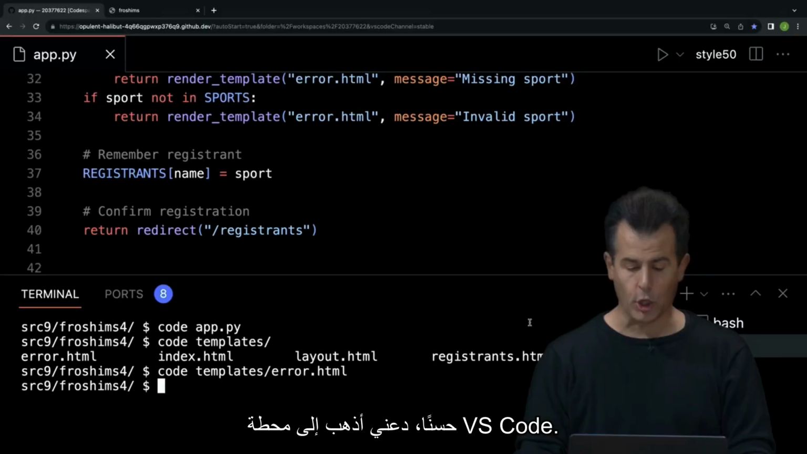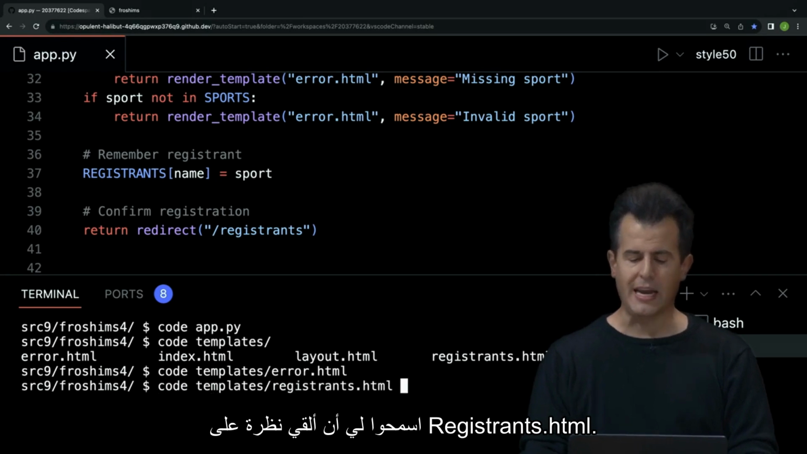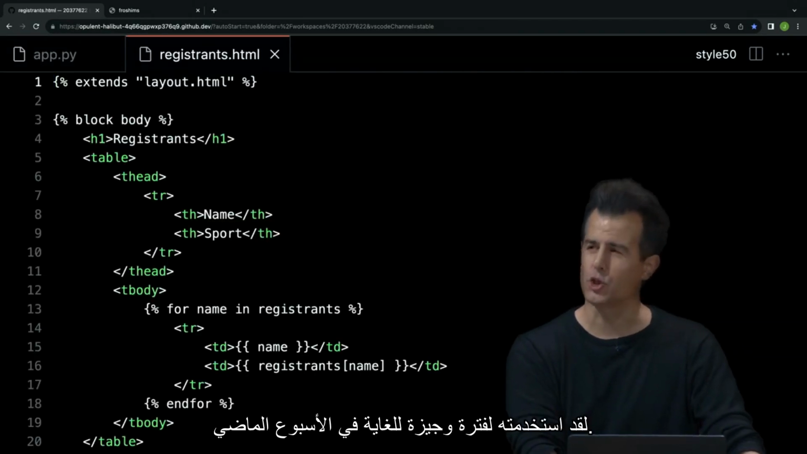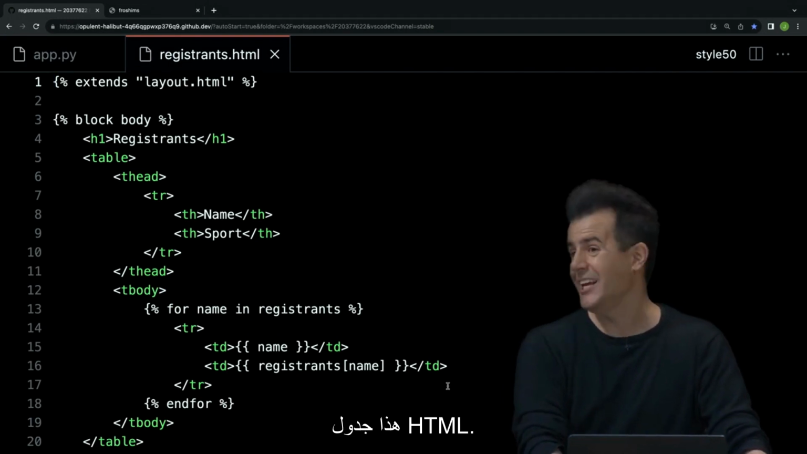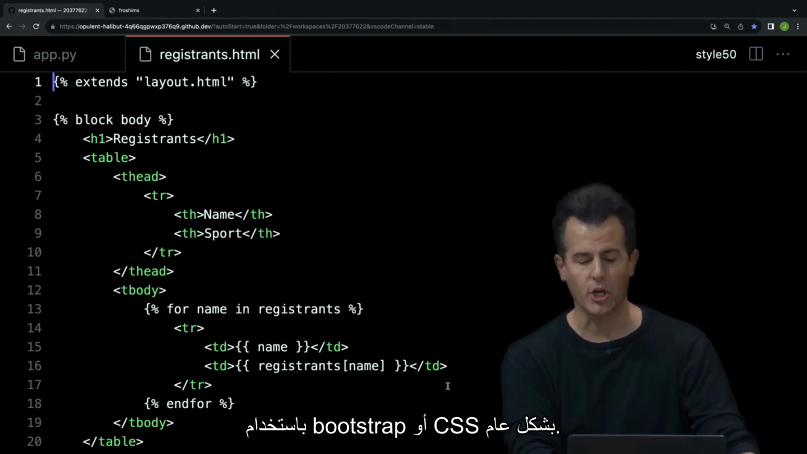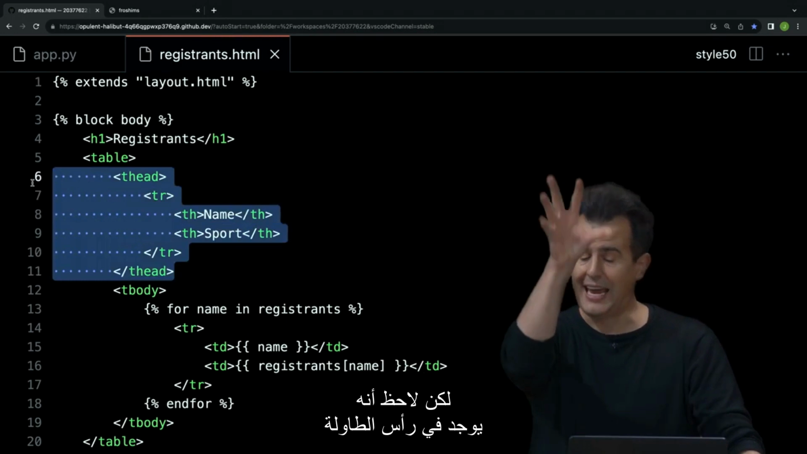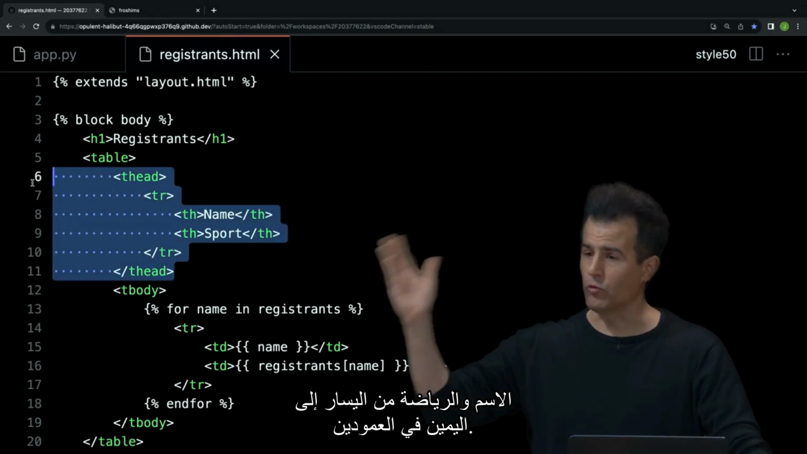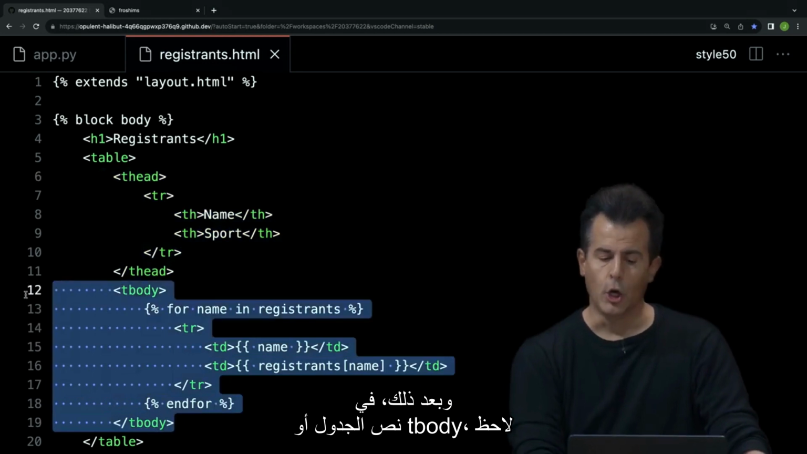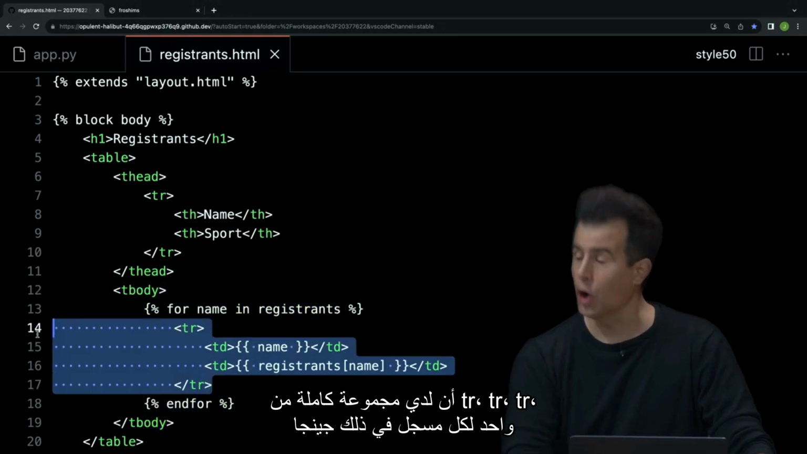Well, let me go into VS Code terminal. Let me take a look at registrants.html. And interesting, we haven't used this HTML much. I used it super briefly last week. This is an HTML table. It's not going to look super pretty because I'm not using Bootstrap or CSS more generally. But notice that in the table's head, there's name and sport from left to right in the 2 columns. And then in the table body, or T-body, notice that I have a whole bunch of TR, TR, TR,